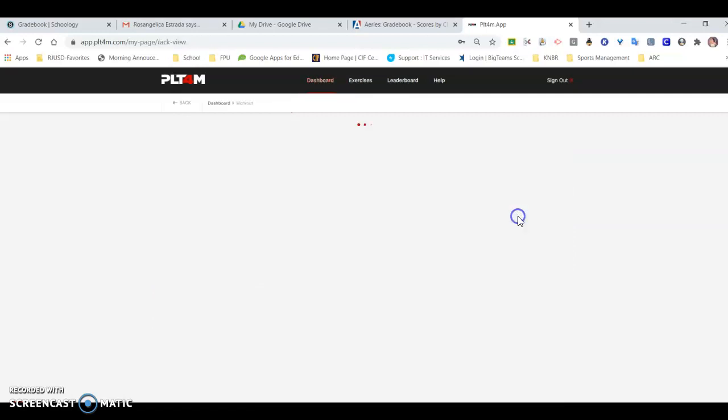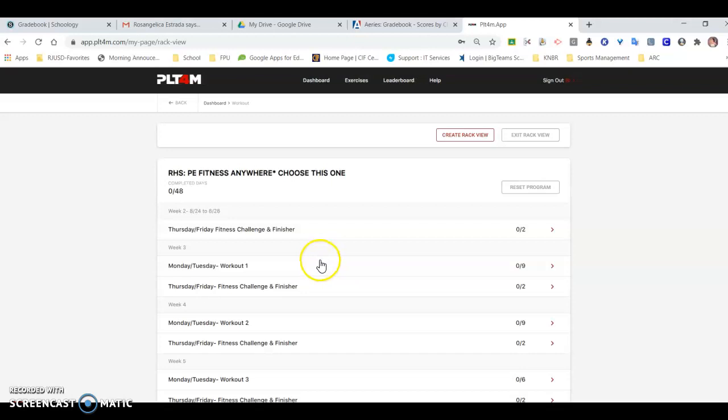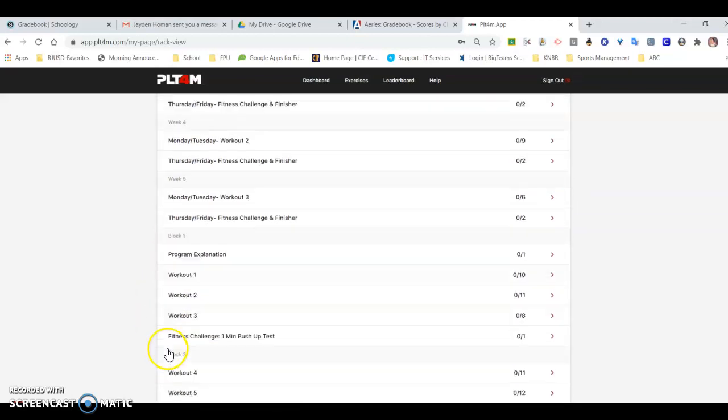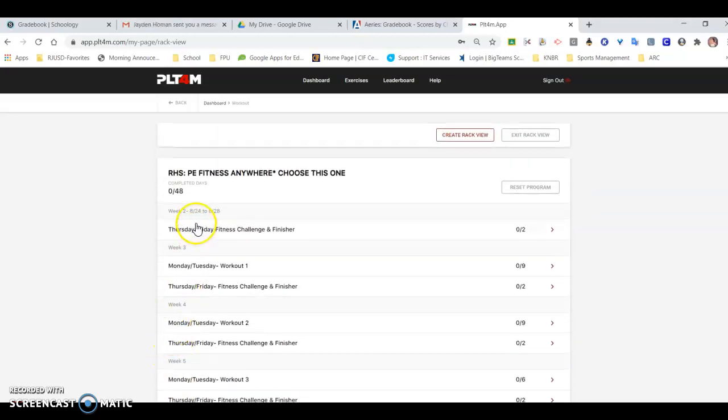You can click Start Workout. And when you click Start Workout, you're going to need to pick this program. So the one that says choose this one. You click that, and then you can see a bunch of workouts. The only ones that you guys need to be aware of are the ones that you're supposed to be completing